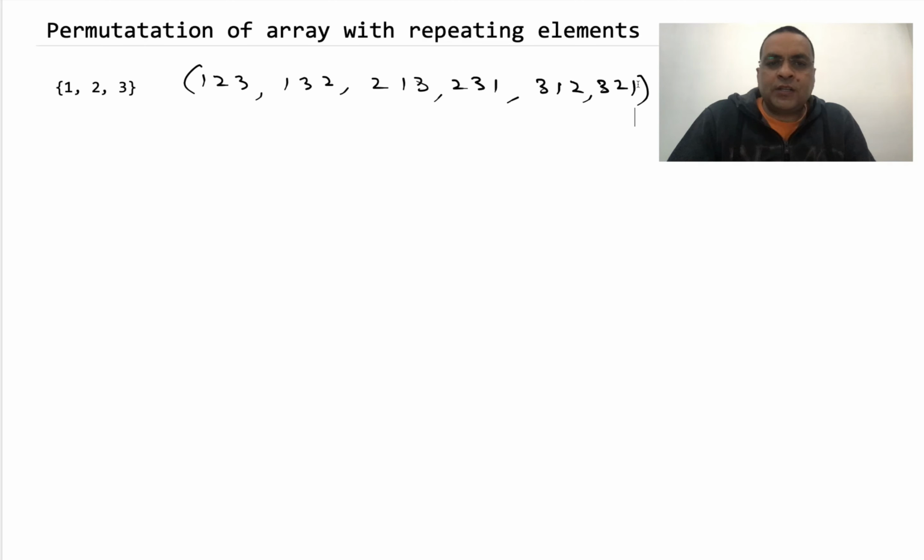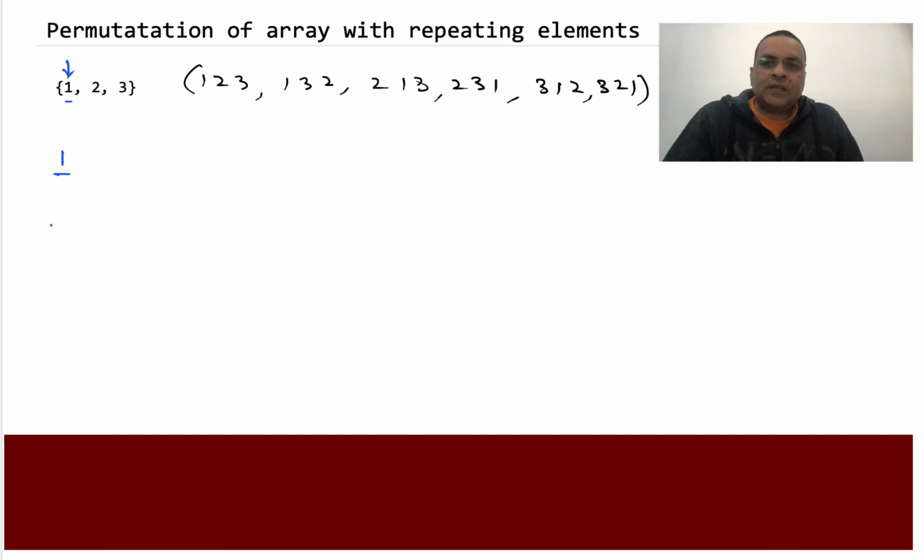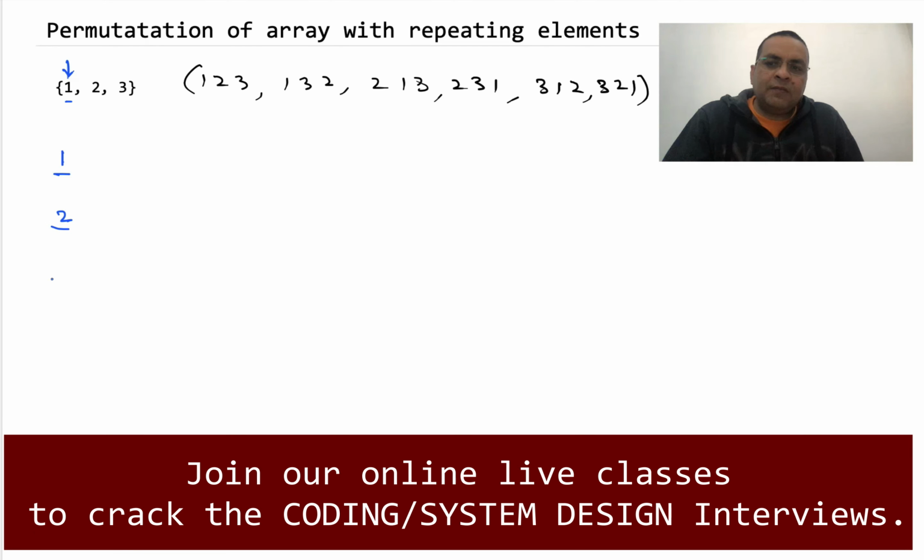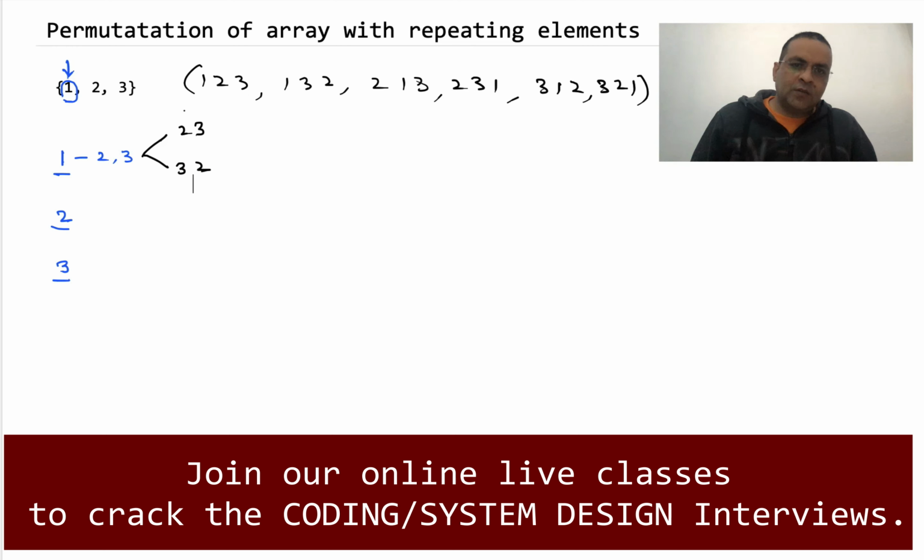So how we print the permutation is that we use recursive logic and we consider the current element. When the current element is the first element, at this position we fix each and every element one at a time. So first we fix 1 at this position, then we fix 2, then we fix 3. When we fix 1 at this position, then we print the permutation of the rest of the elements in the array, which means that if 1 is fixed, then we want to print the permutations of 2 and 3. There are two permutations of 2 and 3, which are 2 3 and 3 2. These two permutations will be printed using the recursion logic, so we don't need to bother about it.